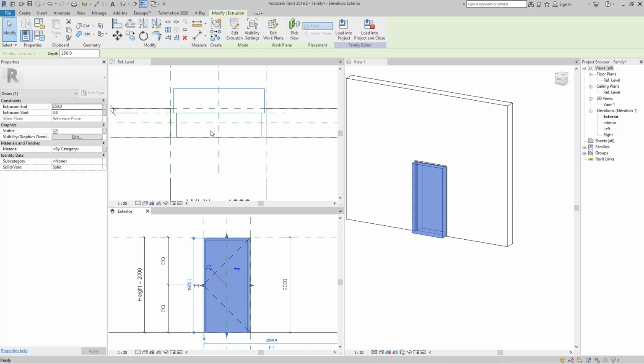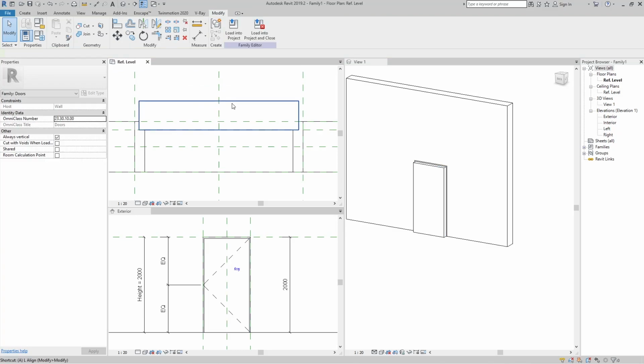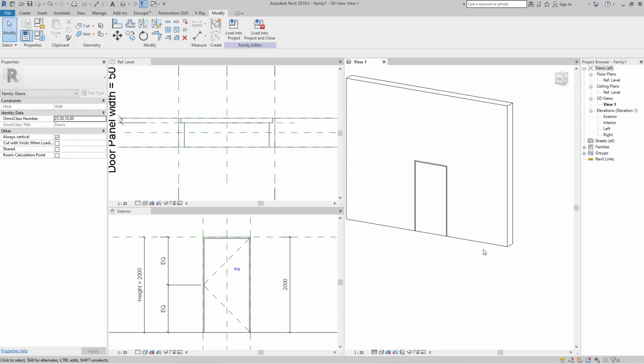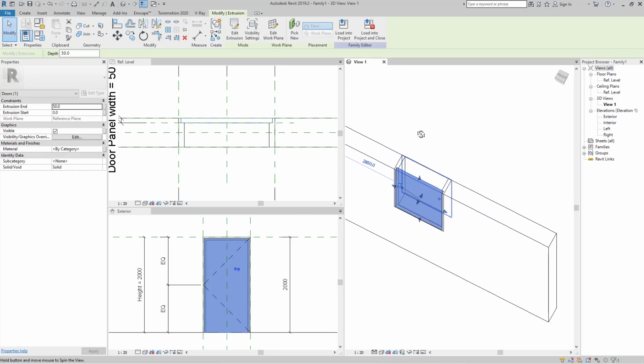We don't want that. We want our door panel to go to this exterior line. Just click here and go to align AL, click to this reference plane and click to this extrusion line and lock that. Now you can see we have this door panel,